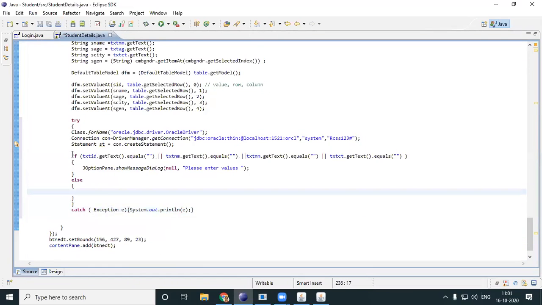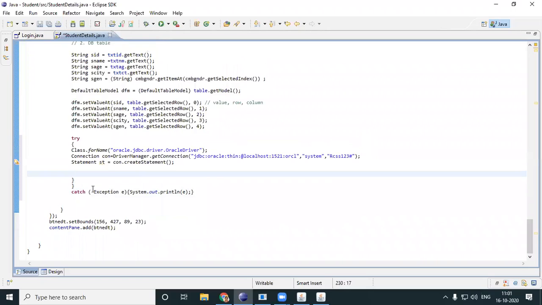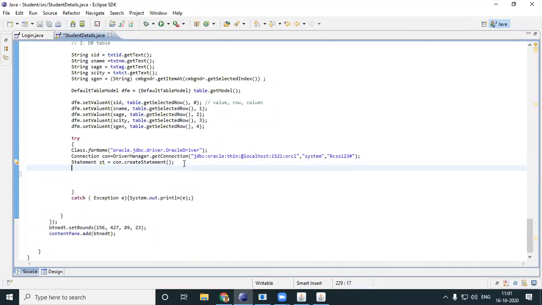Okay, now what I've done is I just took my DB connection. I'm creating a statement. Now, as Joseph Renoy earlier told me, you'll have to use your update query. So I'll write an update query string. Okay, I'll just give some name.